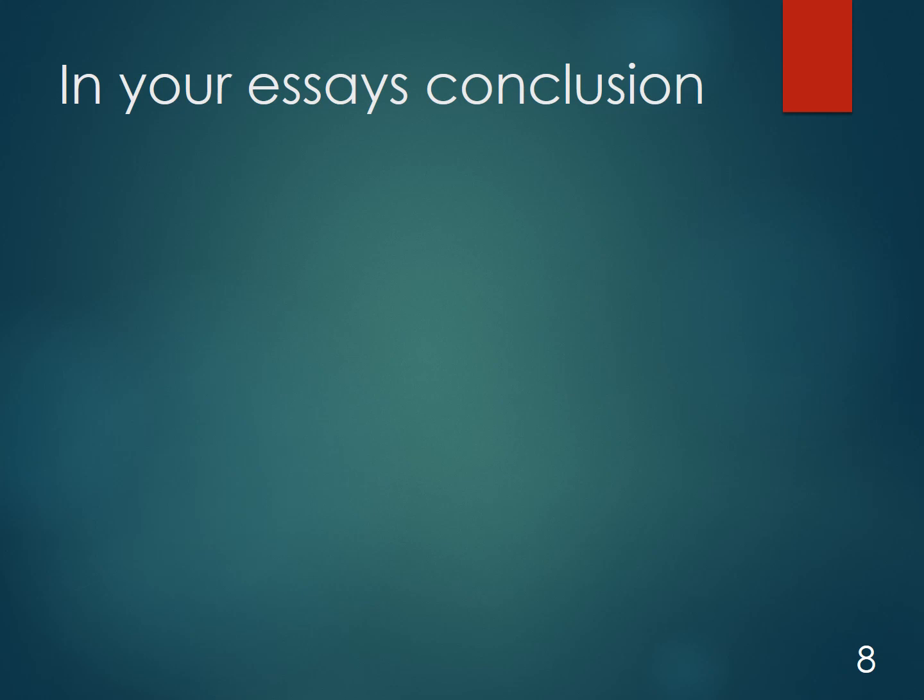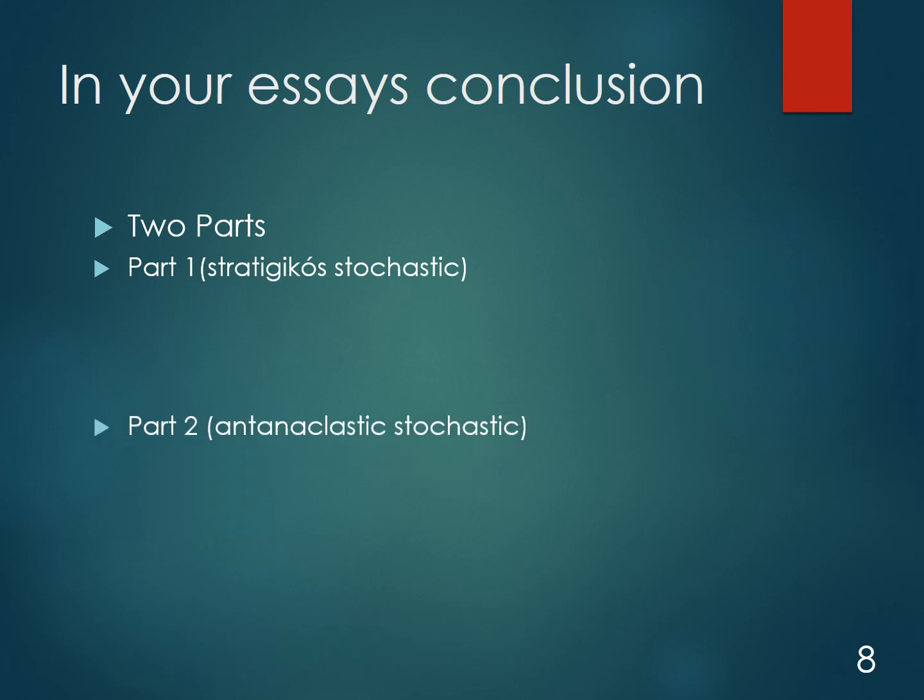So the rest of this conclusion, the way you conclude your work towards this module, the way you conclude your learning on the strategic experience, I think you should break it down into 2 parts. These parts roughly correspond to strategikós and antanaclastic, the strategic thinker, the reflective thinker. Strategic thinker: look at how the theoretical strategic models were used. Did they help? Did they hinder? How did you implement them? Was there anything that got in the way of you using them properly?